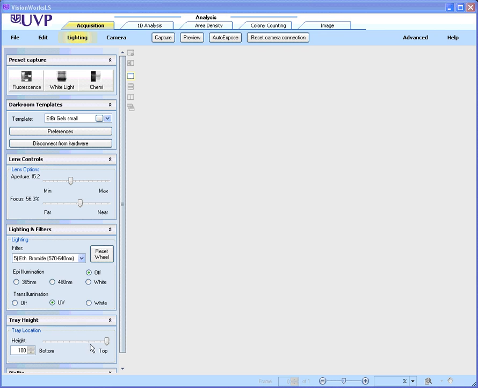And it also sets the tray height. So if I'm loading a small gel and I want to put the tray height down, I'm going to slide the tray down to the middle. And then once it's finished, I can open the door and load my ethidium bromide gel onto the UV surface and close the door again. Once it's centered in the surface, I'm going to slide this tray height back to the top,